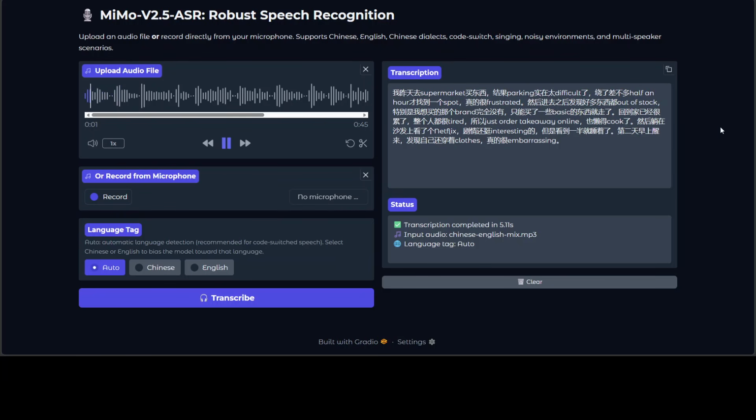Let's play this. 我昨天去 supermarket 买东西，结果 parking 实在太 difficult 了，绕了差不多 half an hour 才找到一个 spot，真的很 frustrated。然后进去之后，发现好多东西都 out of stock，特别是我想买的那个 brand 完全没有，只能买了一些 basic 的东西就走了。回到家已经很累了，整个人都很 tired。所以 just order takeaway online，也懒得 cook 了。然后躺在沙发上看了个 Netflix，剧情还挺 interesting 的，但是看到一半就睡着了。第二天早上